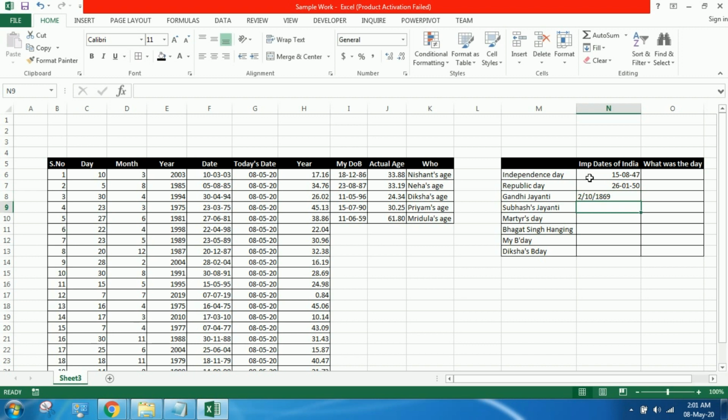We cannot use dates which are before 1900. Subhash Chandra Bose and Mahatma Gandhi were born before 1900, so I think we have to remove them.